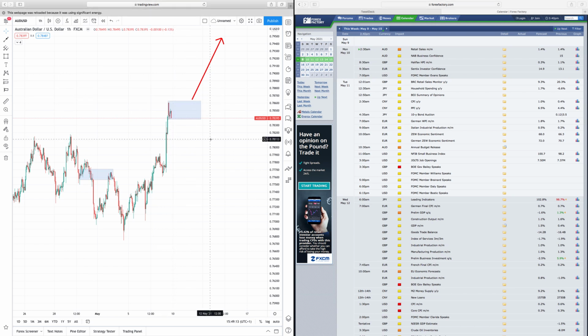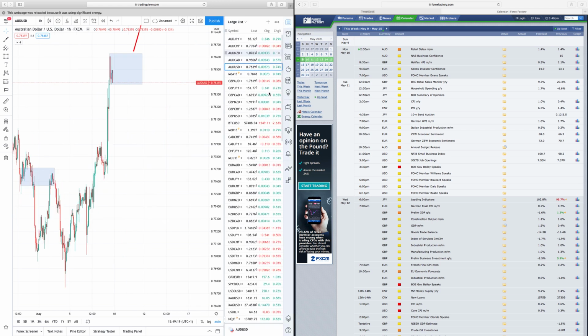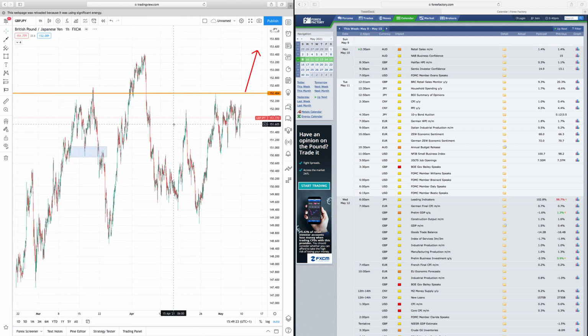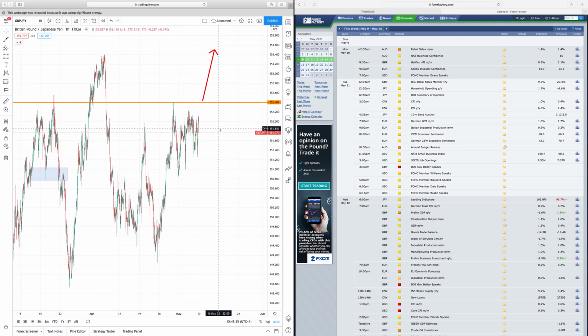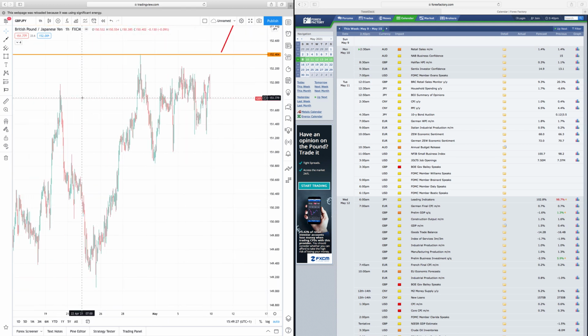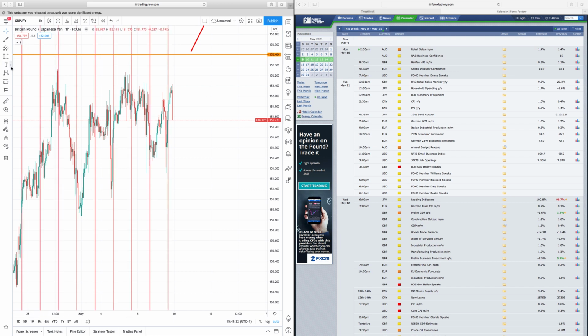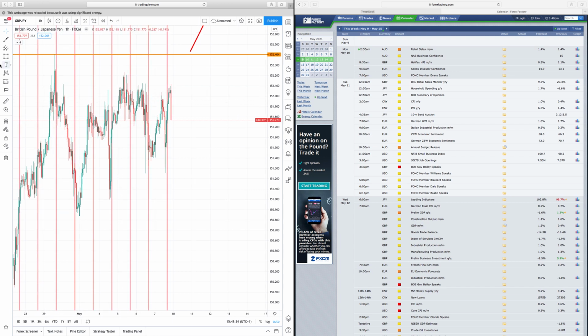I want to take you through the pairs first and the things I'm anticipating. Another thing I'm looking at is the GBPJPY. I'm really interested to see a move higher in that asset. So we had a few London fixes actually scattered on that pair. You can see that they're all convoluted here, and that usually means we see a strong breakout once those levels